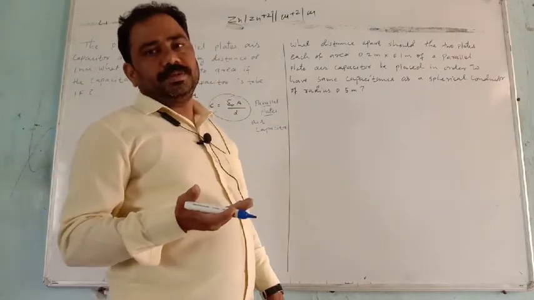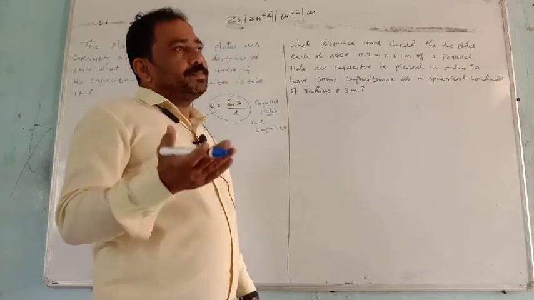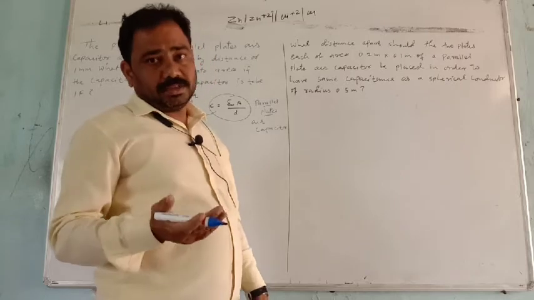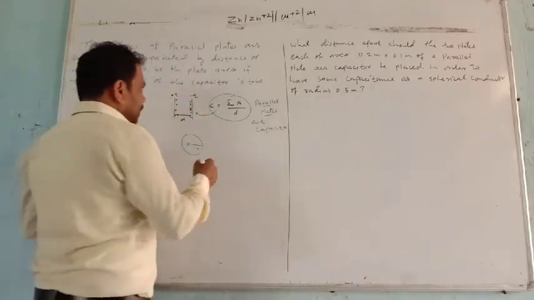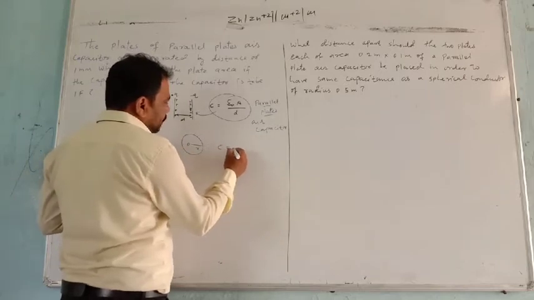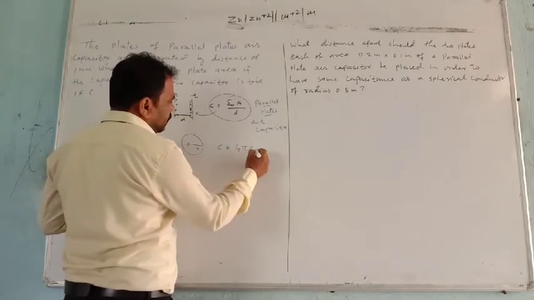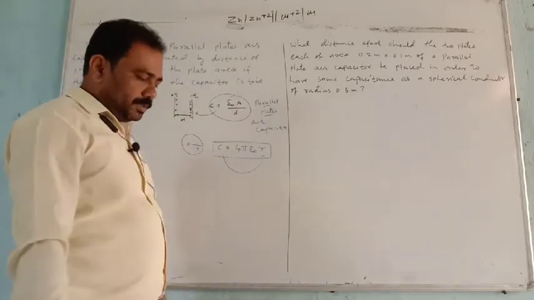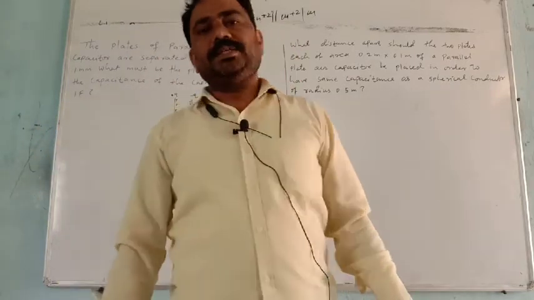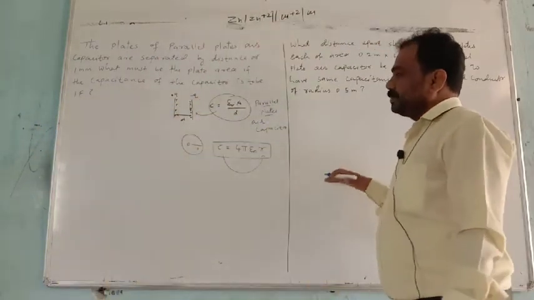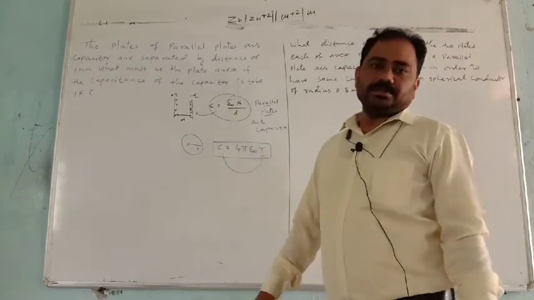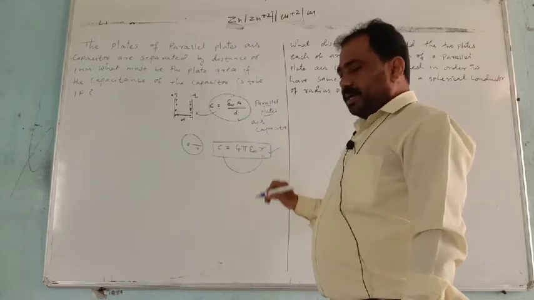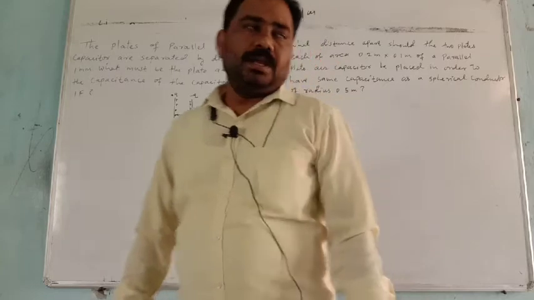We have also seen in our previous videos the capacitance of an isolated spherical conductor, or the capacitance of the earth, and how we can calculate it. In such conditions the capacitance must be equal to 4 pi epsilon naught into r. It means this capacitance is directly proportional to the radius of the spherical conductor. If the radius of the spherical conductor increases, then its capacitance also increases. So these two concepts are very important here. Now let us solve the given applications.